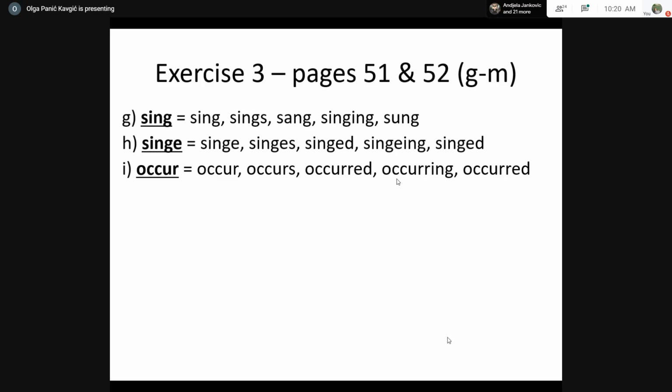Occur, syllables, slogovi. So there are two syllables. Now, which one is the stressed syllable, naglašeni slog? Of course, the second one, you wouldn't say occur, but occur. So you look at the stressed syllable, that's cur, and then you look at how the stressed syllable is spelt. Look at the vowel, samoglasnik, look at the vowel in the stressed syllable. If it is just spelt with a single letter, like here, you see the letter U, occur.